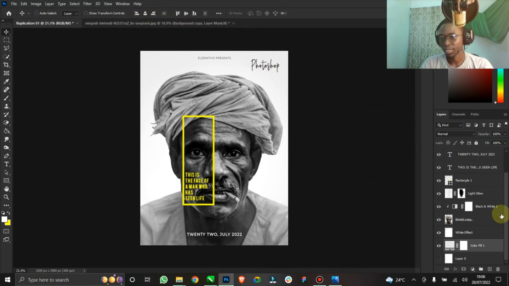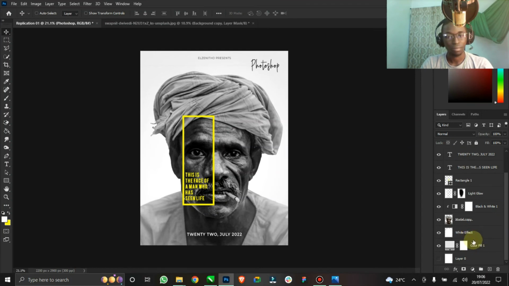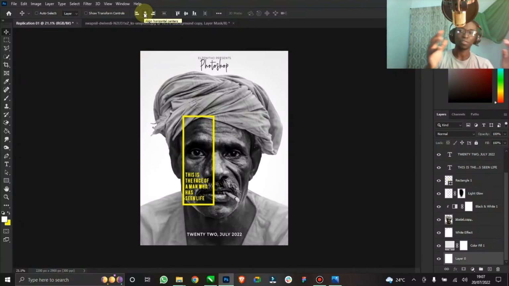Sorry, just let me do that again. Hold down click on the Photoshop layer itself, then hold down the last layer. Let's use this layer. Hold down the last layer, ensure that both are selected, then click on this. It automatically brings the Photoshop to the center, and what it does there is this layer itself is taking the